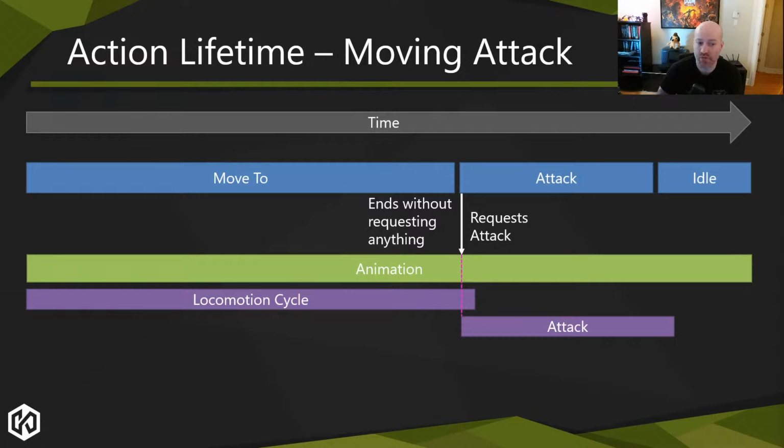And we're going to go straight from the locomotion cycle into the attack. The important thing here is because the move to didn't change any of this state, we have all the previous animation parameters. If, for example, in the stop, we just said, okay, whenever locomotion stops, we have to be in idle, we have to trigger a stop, we have to clear the parameters, that's going to cause a lot of animation issues. The idea is that I leave the move to in whatever state it's in, the graph will switch to a completely different state, but my source state will be left untouched and unchanged.